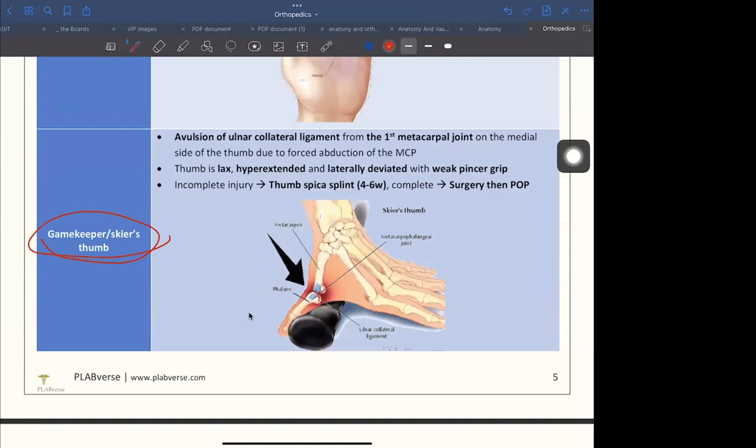This ligament is called the ulnar collateral ligament, which is on the inner side of the thumb, due to trying to avulse the head of the chicken with this finger. So it will lead to injury of the ligament at this area. And the thumb will be very lax and hyperextended, sometimes laterally deviated, and the